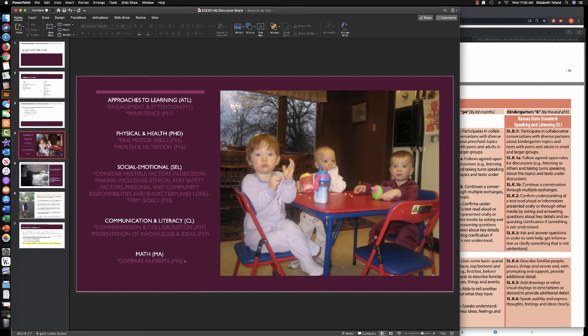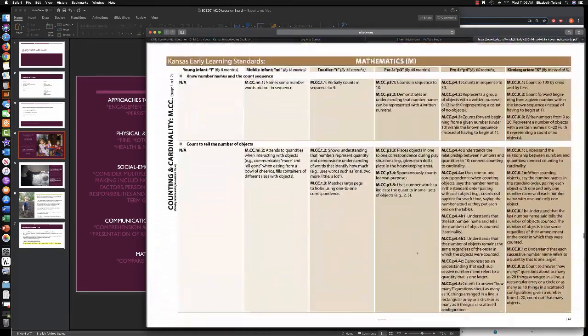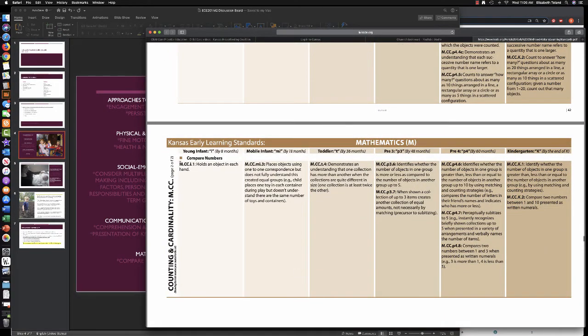And then math. I say compare numbers, and you think, really? She's going to compare 2 versus 4? No, that is not what's happening here. If we go down to the math standard and we look under compare numbers, you will often find infants. You know, they're holding the bottle, sometimes with 2 hands, sometimes with 1 hand, and they'll pick a toy, or they'll play with a hair or have a favorite doll in their hand,